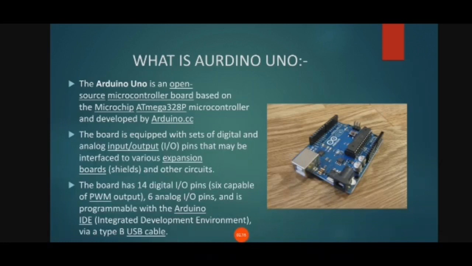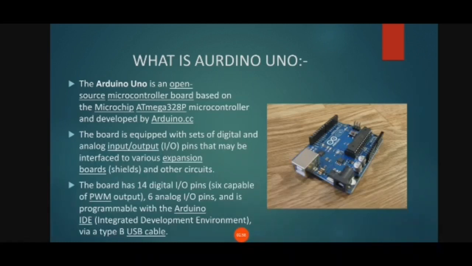The hardware reference design is distributed under a Creative Commons Attribution Share Alike 2.5 license and is available on the Arduino website. Layout and production files for some versions of the hardware are also available. The word Uno means one in Italian and was chosen to mark the initial release of Arduino software. The Uno board is the first in a series of USB-based Arduino boards. It and version 1.0 of the Arduino IDE were the reference versions of Arduino, which have now evolved to newer